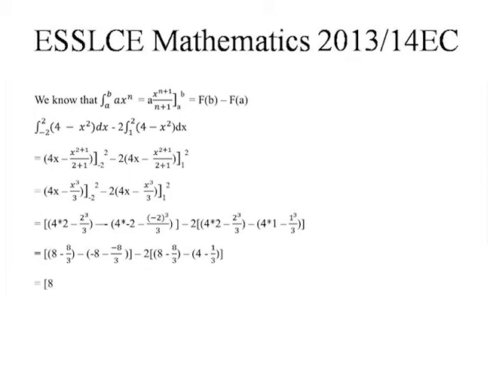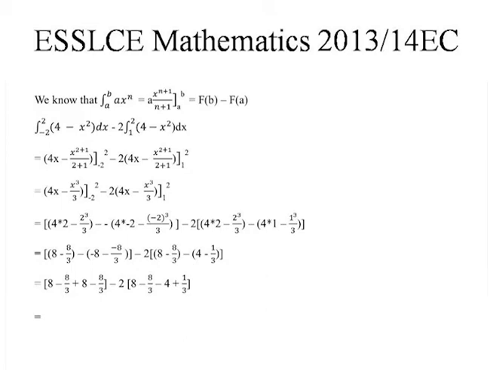which is equal to 8 minus 8 over 3. This negative has to multiply all the stuff inside the bracket. So negative 1 times negative 8 is plus 8. Negative times negative 8 over 3 is plus 8 over 3. Negative 1 times 8 over 3 is negative 8 over 3. Minus 2 times 8 minus 8 over 3 here. Again, this negative has to multiply the stuff inside the bracket. That is negative 1 times 4 is negative 4. Negative 1 times negative 1 over 3 is plus 1 over 3, which is equal to 8 plus 8 in